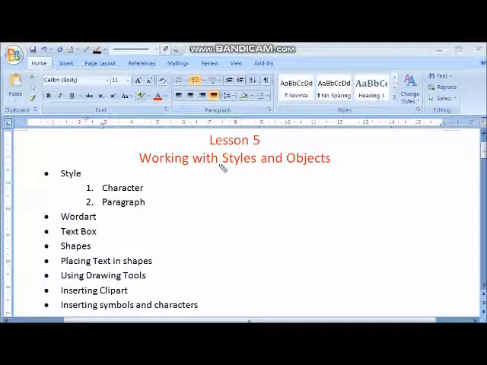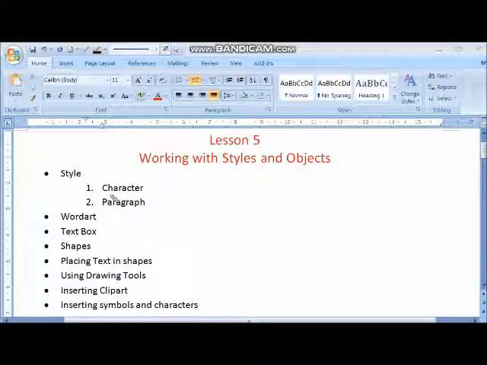If we have done a lot of formatting to a single text, like we have changed the font size, the color, and the alignment, all these activities together are known as your style.